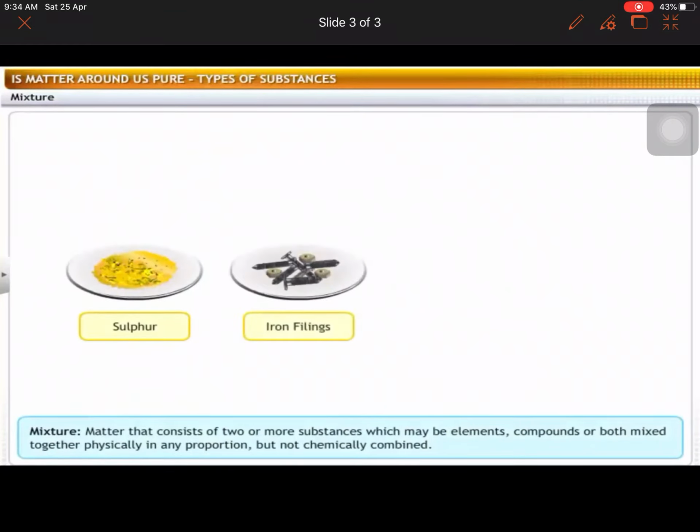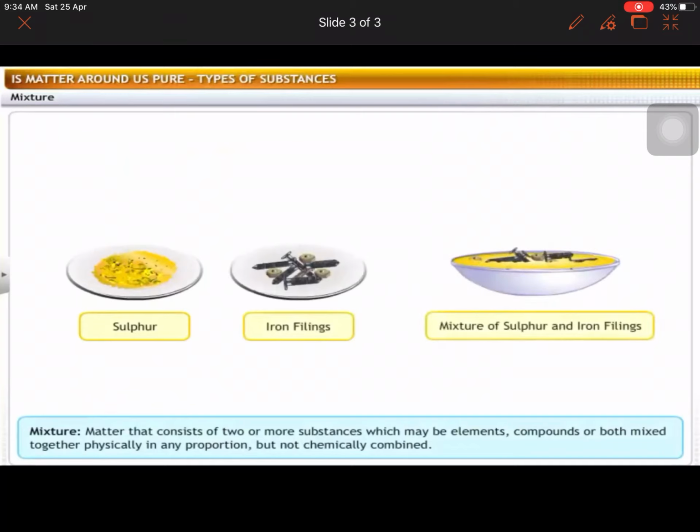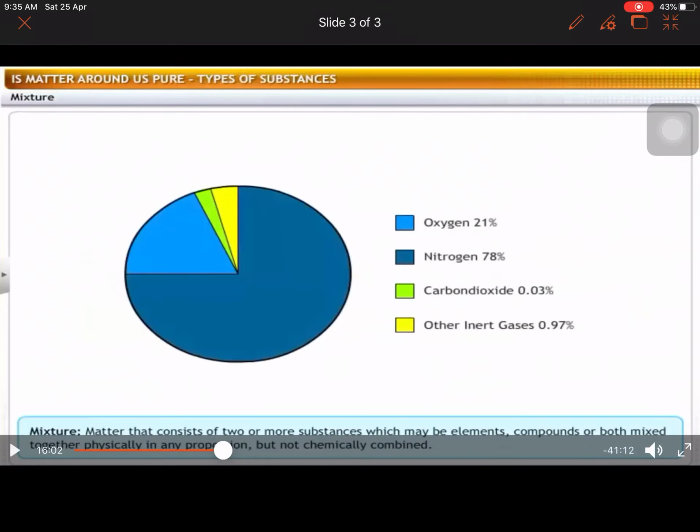A mixture is matter that consists of two or more substances which may be elements, compounds, or both mixed together physically in any proportion, but not chemically combined. बहुत इंटरेस्टिंग पॉइंट है। जब ये मिक्सचर की बात करते हैं तो मिक्सचर किसी भी टाइप का हो सकता है, राइट। मिक्सचर में सपोज करो आपने कुछ ऐसा बनाया, मैं यहाँ पे एक एग्जैक्ट पॉइंट दिखाता हूँ। सपोज करो मिक्सचर वो होता है जिससे आपने कहा A + B + C, तीन चीज़ों को मिलाया